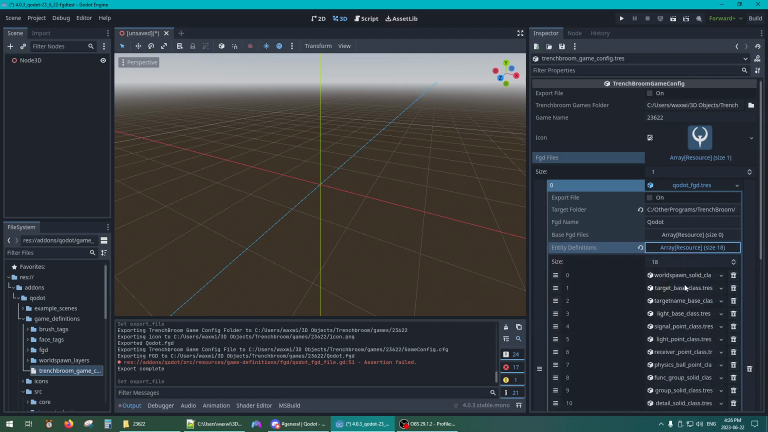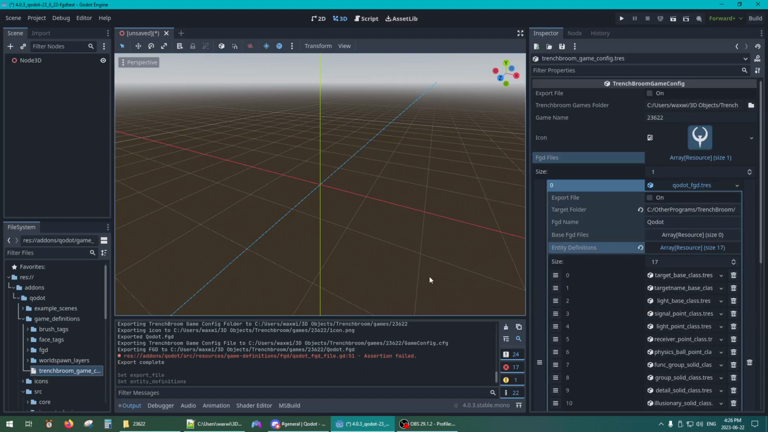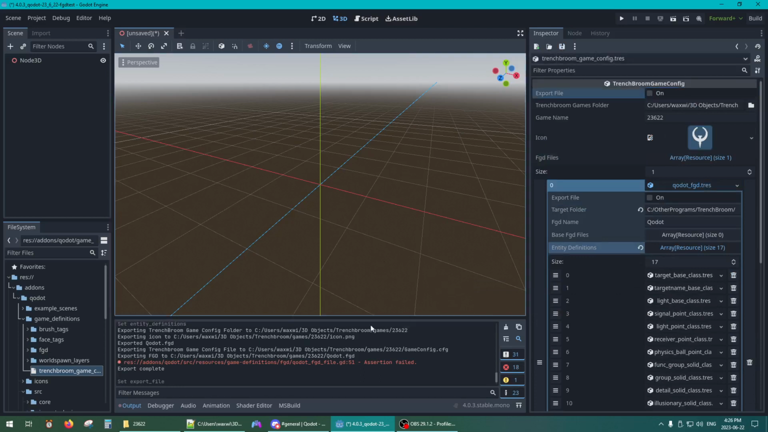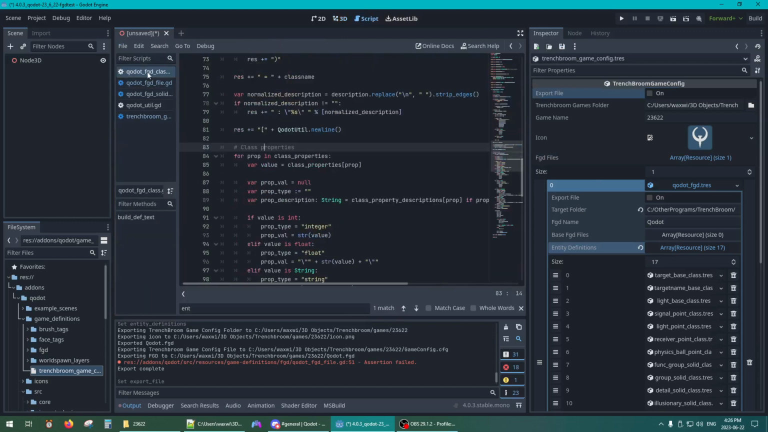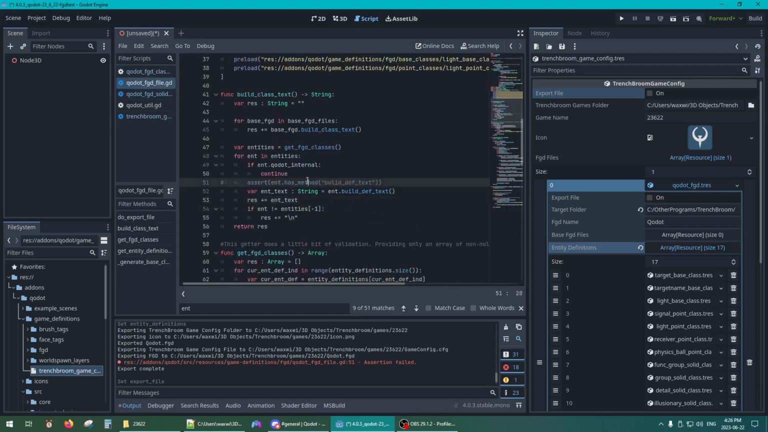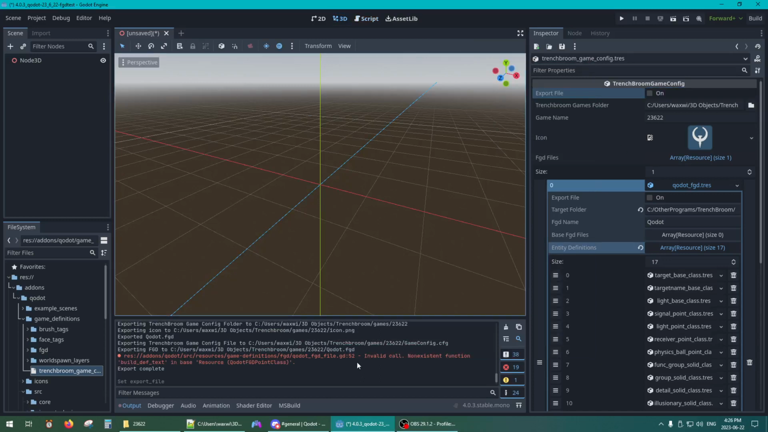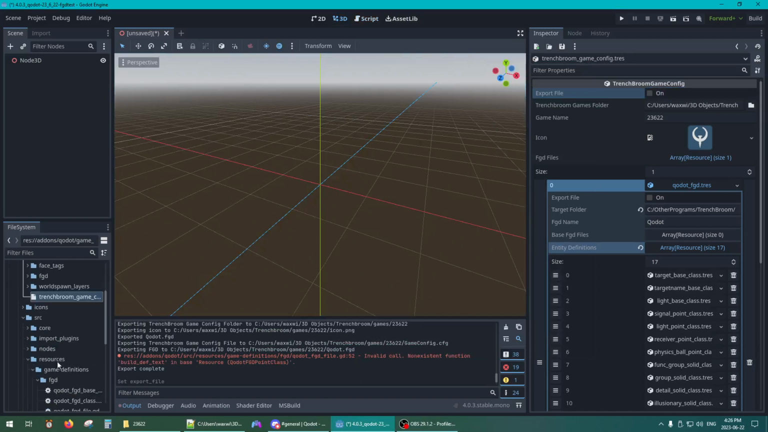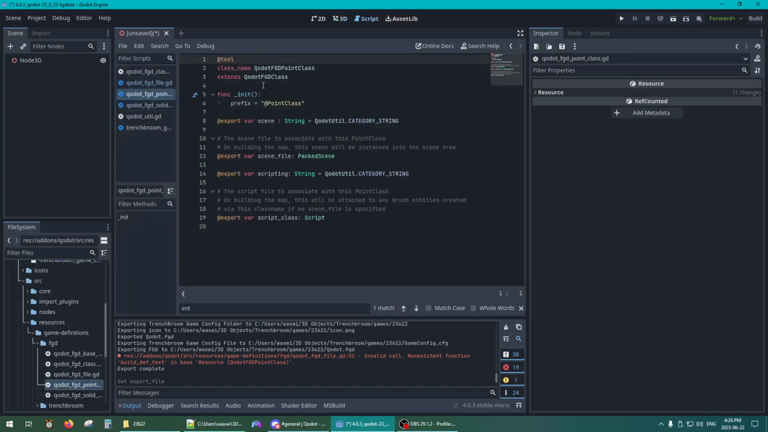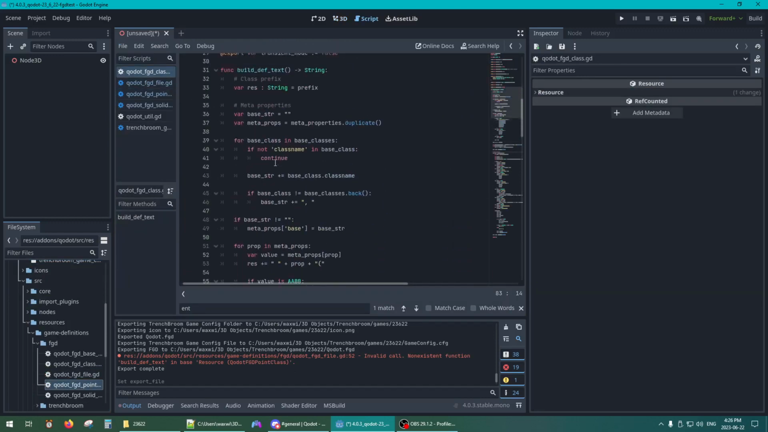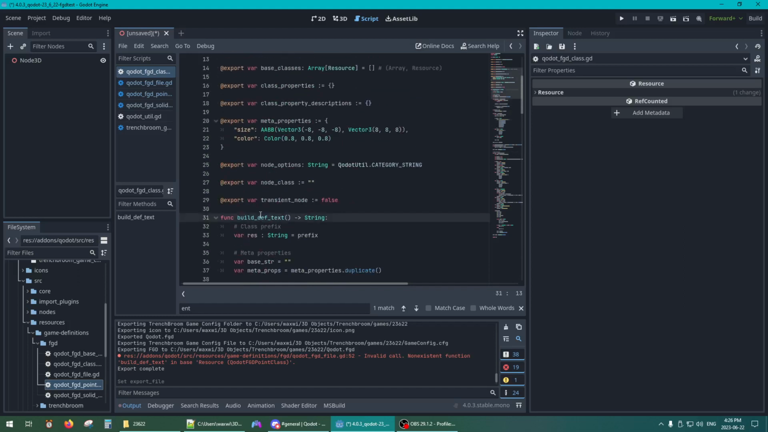Here's the thing that worries me. If I straight up remove worldspawn from the list, save resources, hit go, it's going to fail the assertion again still, but can I get a different error out of it? Go back here. Now it's still happening in point class. So something about the way that this is extending FGD class is not realizing that it has build def text in it. So is the issue that, hold on,